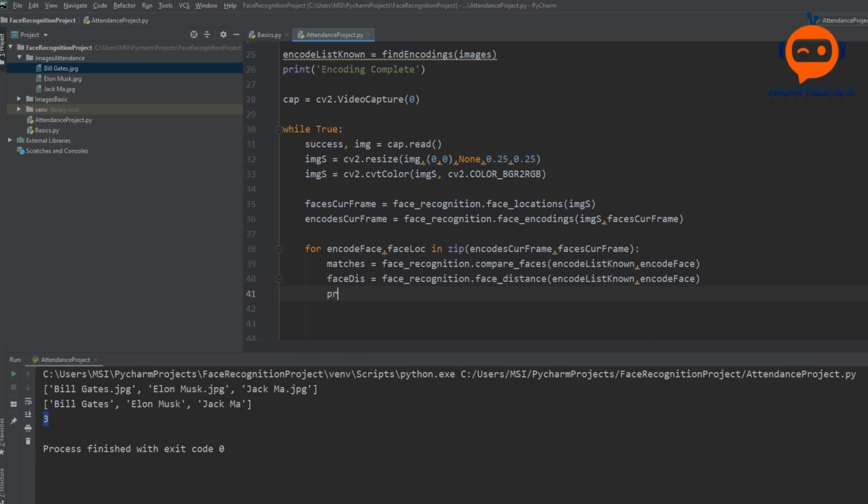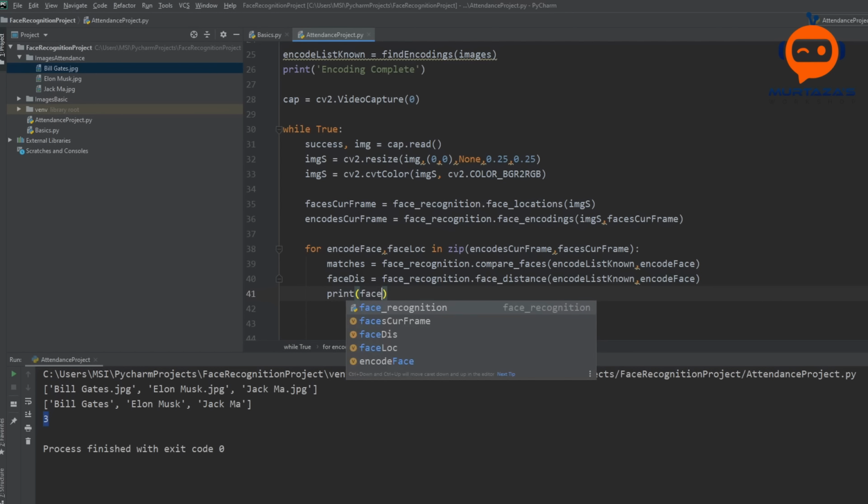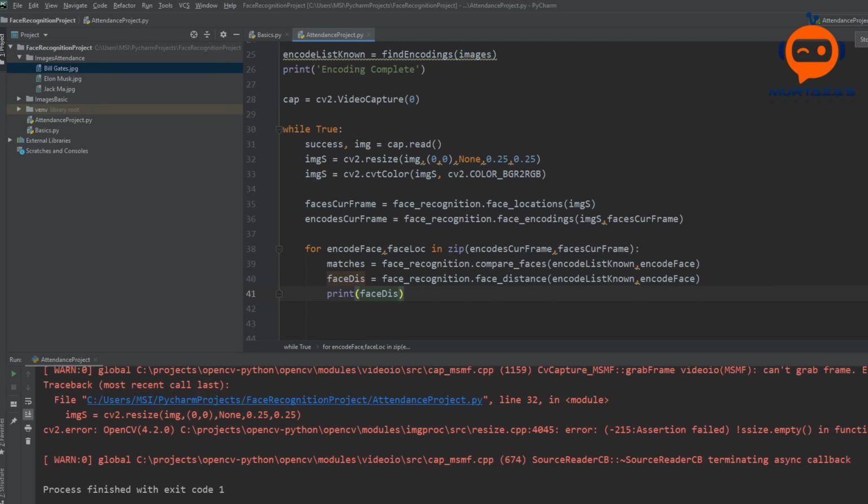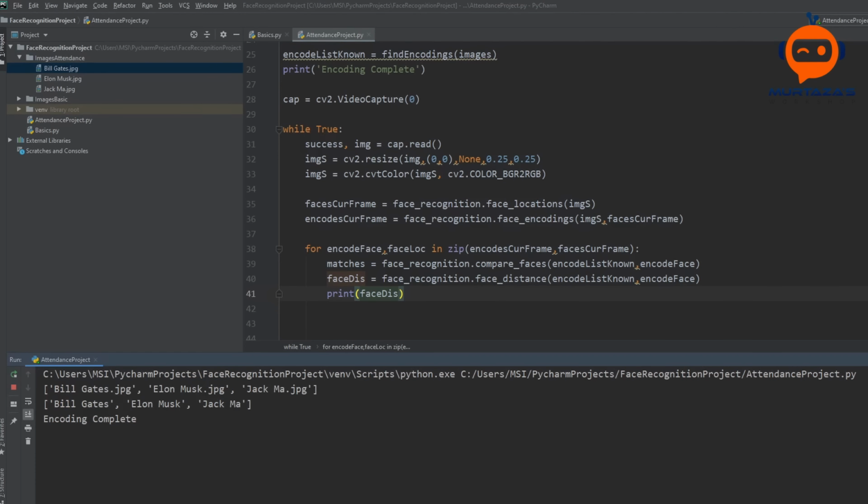If I print faceDis, this will be a list. I actually didn't connect my webcam. Let me connect the webcam so we can run this. Now I have connected my webcam, and as you can see, we do not have any output because we are not showing the webcam image.